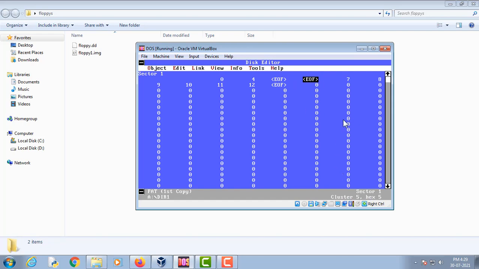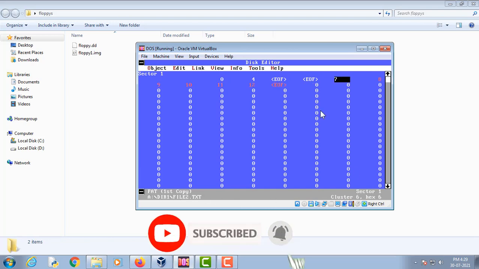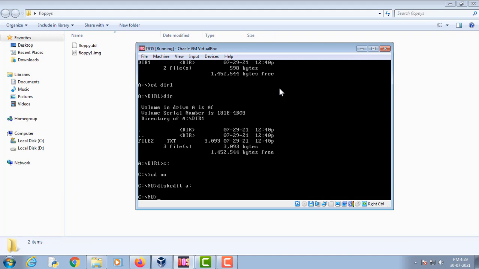It is occupying only one cluster, and if we go to the next cluster, cluster number 6, file2.txt is starting from here, and file2.txt is ending on cluster number 12, as you can see here. So now we have analyzed both the root directory and the file allocation table. Let us go back to the floppy drive.